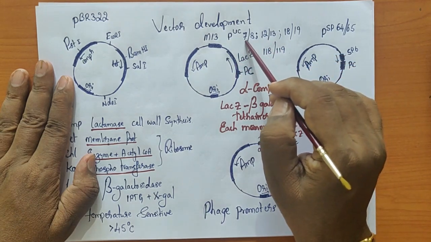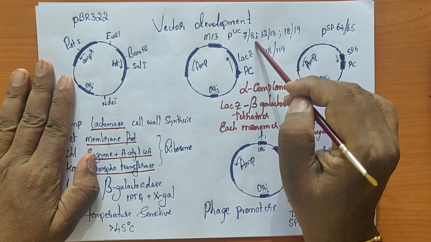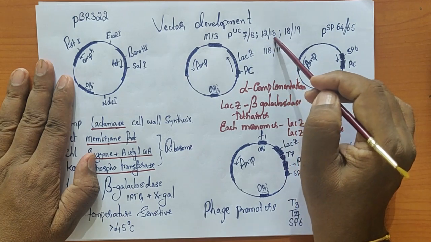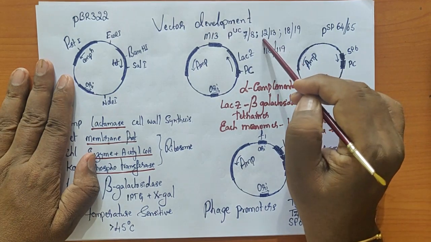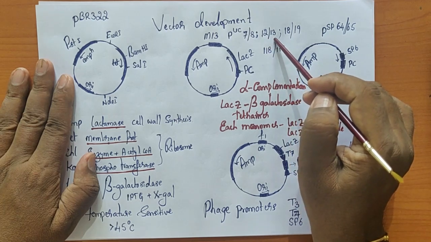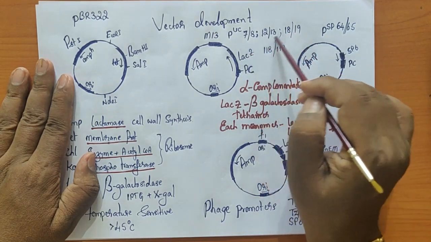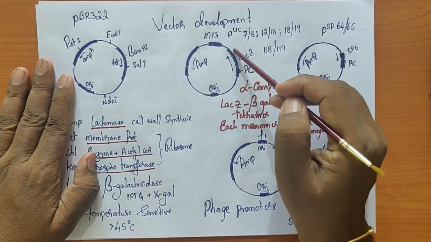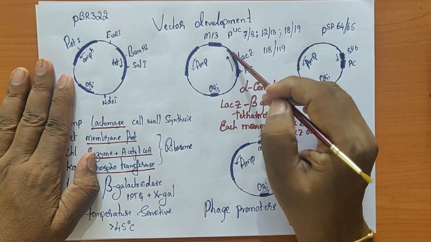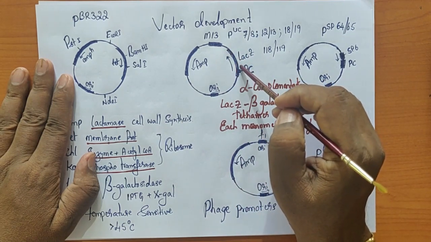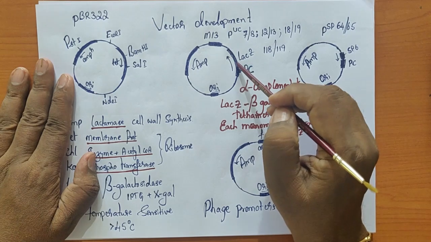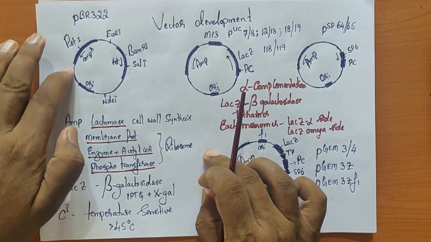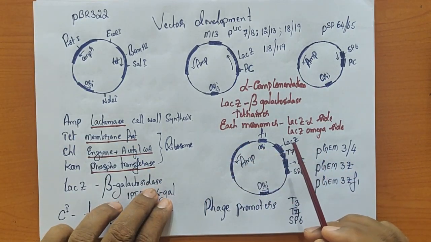So in the 7-8 series, you have the same restriction enzymes, but one is oriented positive, another one is negative. 12-13 again has some additional sequences, and again we have the positive orientation and a negative orientation, and here also the same. All of them, apart from this polycloning site, contain the LAG-Z DNA. And the LAG-Z DNA principally will have a promoter and then the beta galactosidase gene. Now we always get confused about how this LAG-Z DNA is going to function, because we know